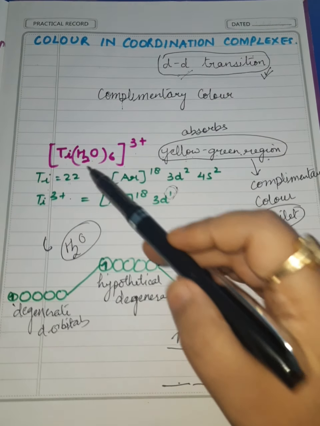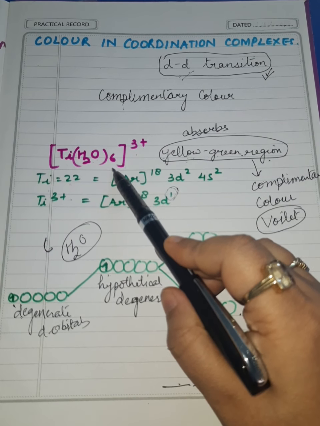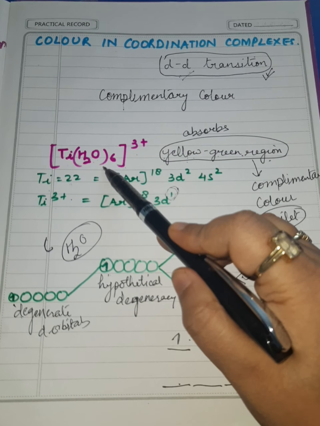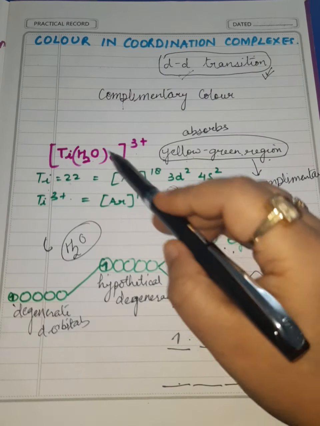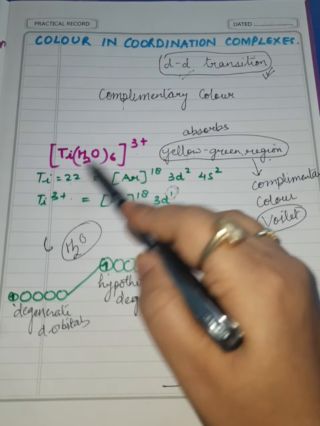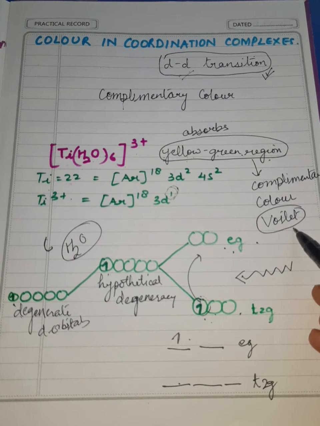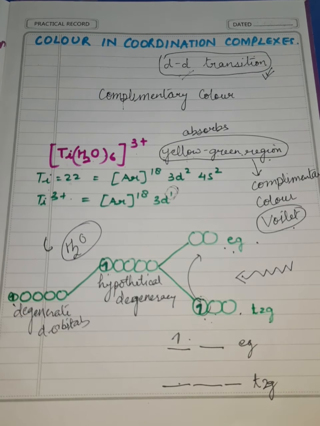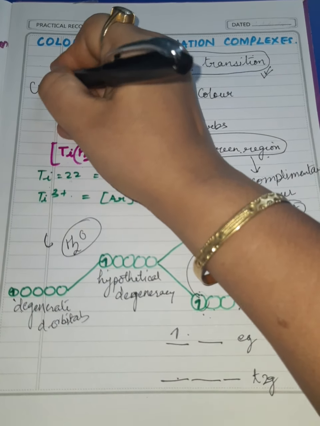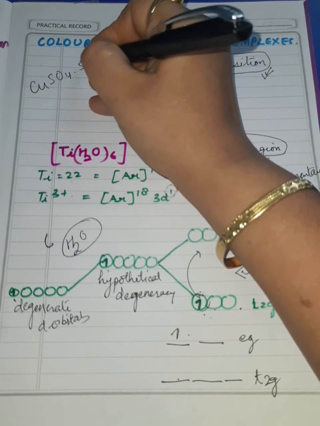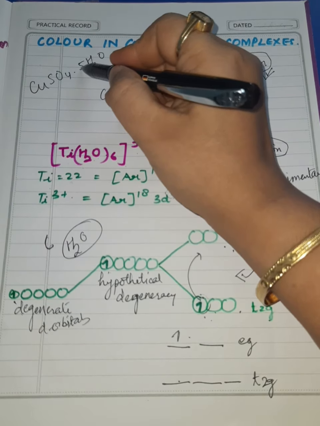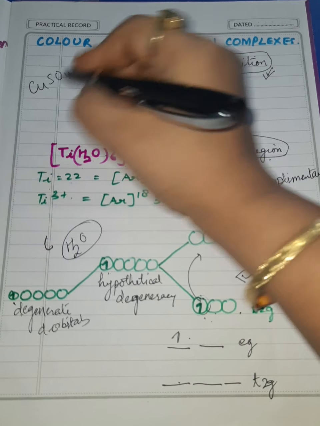Now, the presence of ligand is very, very important for a complex to be colored. You know why? Because the presence of ligand only will cause the splitting of d orbitals, which means if these ligands are removed by any means, the complex will lose its color. That's what happens. And I will take a very simple example which you have been studying from your lower classes. Blue vitriol. All of you know about blue vitriol, copper sulfate pentahydrate, CuSO4·5H2O. You know it is blue in color. But if we remove these 5 molecules of water, then it turns white.